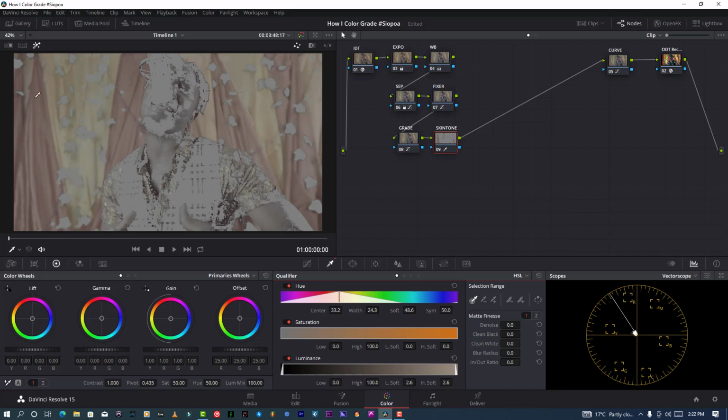Do not worry about this reddish and yellow because all of this is also skin tone, so do not worry about these. What I just did is